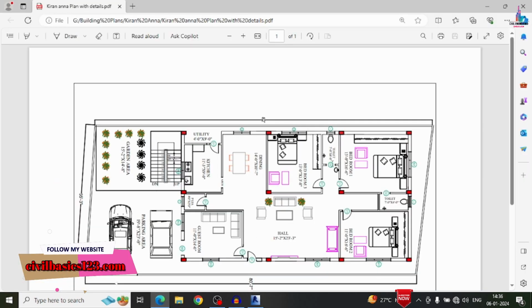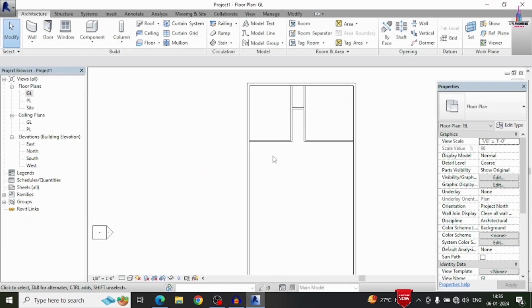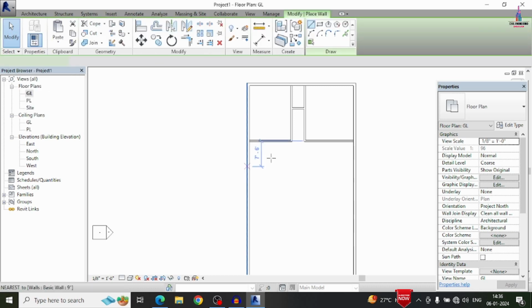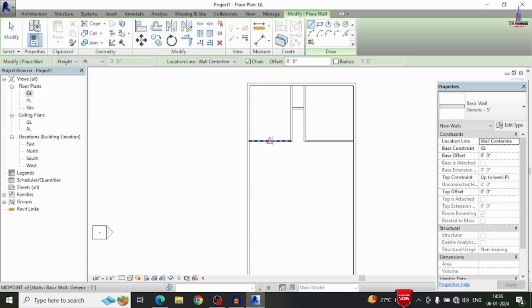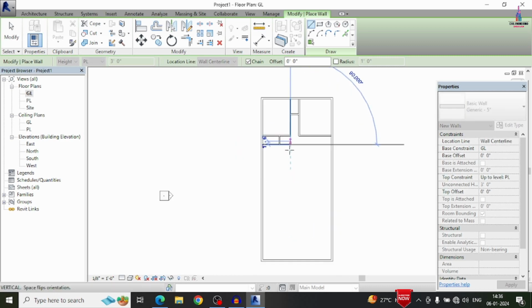Again in the same process we will start drawing this wash area and this bedroom, which is 13 feet by 13 feet 8 inches. So go to wall, architectural wall. It will consist of your internal wall sections, which have a thickness of approximately 5 inches. Here I am selecting 8 feet. Let us consider, I am selecting this particular location. Again I am selecting the height as approximately 14 feet. Let us consider here like this.